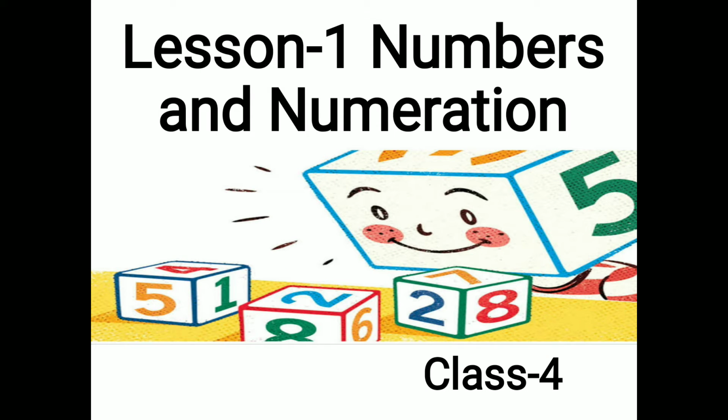Today, students, we are going to do round off to nearest 100. In the previous video, I explained how to round off the numbers to the nearest tens. In that, you saw the ones place number. If the ones place number is less than 5, you replace the one digit by 0 and keep other digits same. But if the ones place is equal to or more than 5, you replace the one digit by 0 and increase the tens digit by 1. Now on the basis of that, we will learn how to round off the number to nearest 100. So let's start with it.